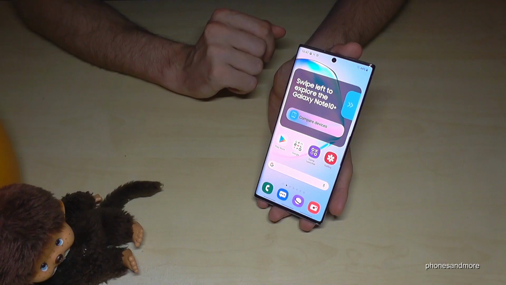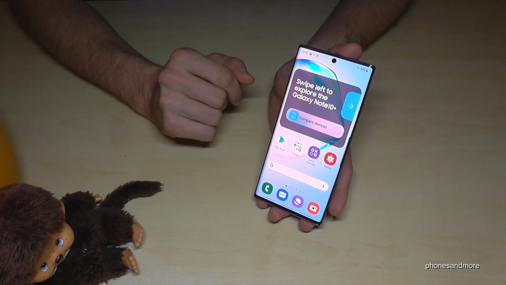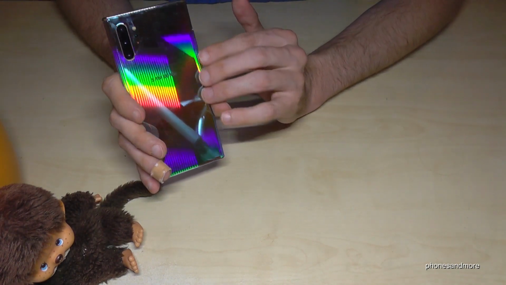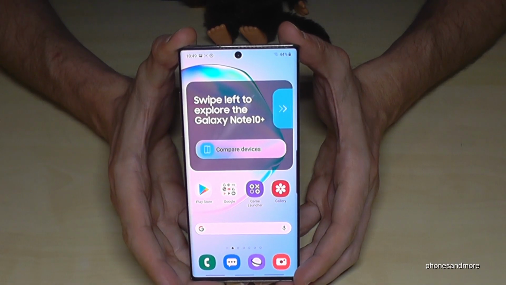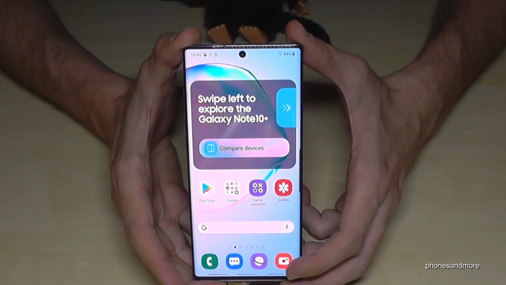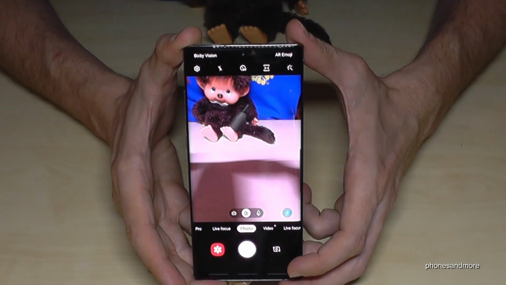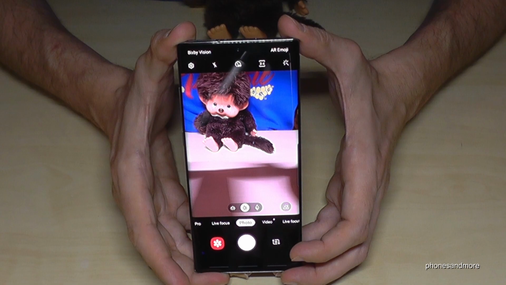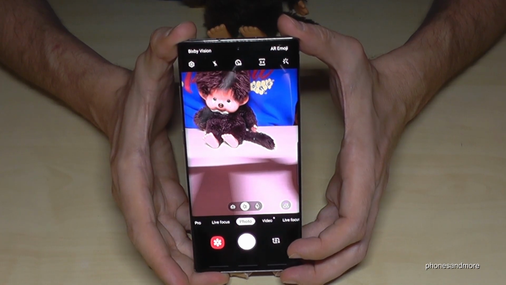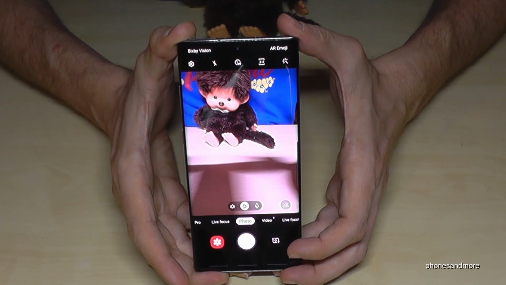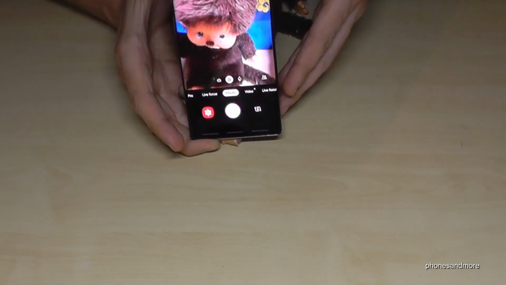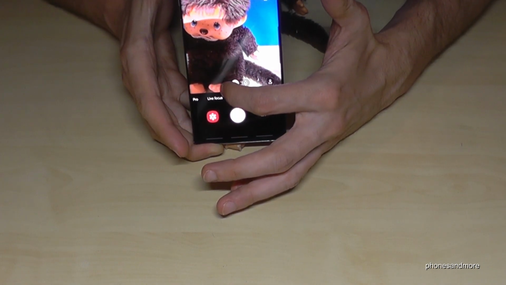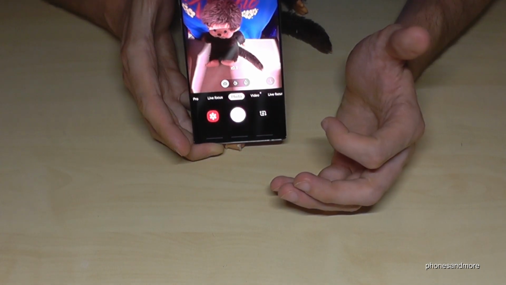So the next feature I want to show you is about the camera, because as you know, you have 3 cams inside and very beautiful colors I see here. Okay, let me show you a feature here what you can do with these cameras. So if we're going now on camera, you have here the regular cam. Now you can see the little ape, the monchichi very well. And if you're getting closer, maybe if somebody is next to him and so on, and you want to have it more wide angle, you can go here now on that, on the slit,